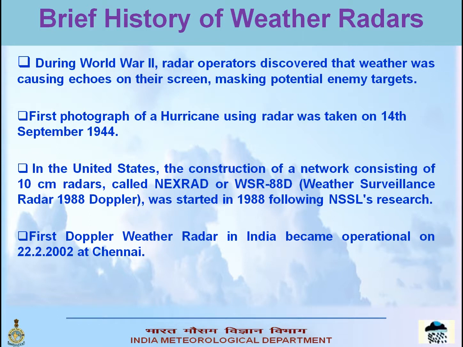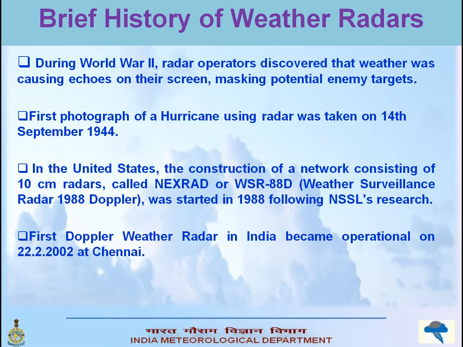Radars can be made particularly to track or identify significant or severe weather, and it can help in disaster management activity. The first photograph of a hurricane using radar was taken on 14th September 1944, and by around the 1970s and 80s, radar became a very useful tool for monitoring and identifying significant weather events. NOAA started using it in regular operational forecasting from around the 1980s. They installed around 200 S-band Doppler weather radars, and this network was called the NEXRAD network, and that was the backbone of